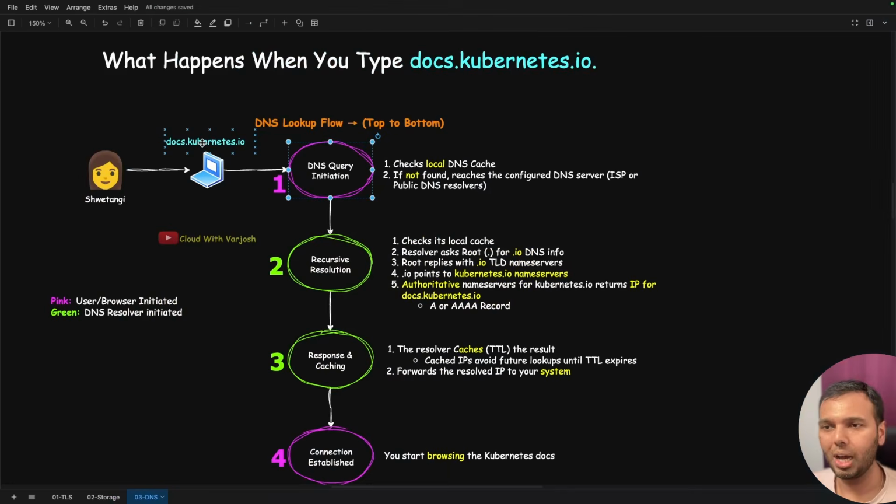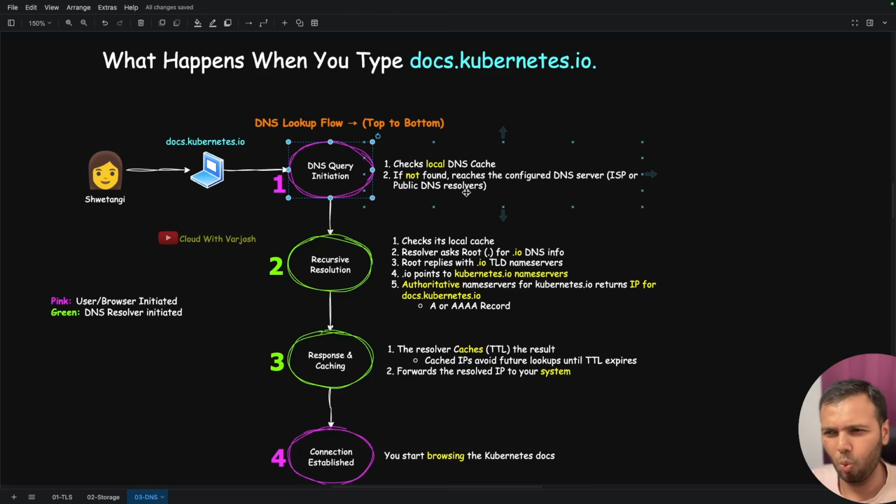So when you're talking about your laptops or your workstations or your televisions, you will typically have your ISP as your DNS resolver, but there are also cases when people change this to public DNS resolvers. Now what are public DNS resolvers? These are resolvers that are made available by companies like Google, Cloudflare, Quad9. So if you are using your DNS server as 8.8.8.8, then it is a public DNS resolver by Google.